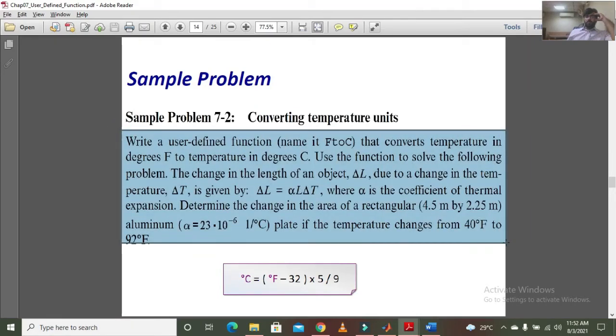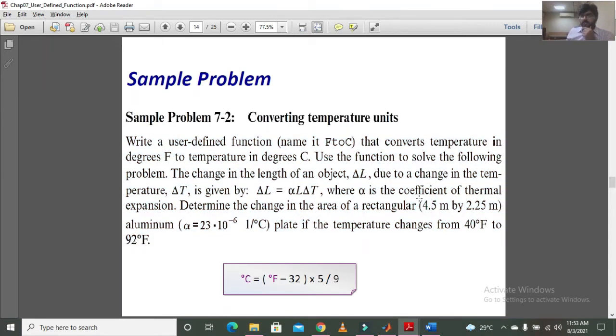In this question it is being asked that you have to determine the change in area of a rectangular aluminium plate. The dimensions of the plate are given, which are 4.5 meters by 2.25 meters, and the value of the coefficient of linear thermal expansion for aluminium is also provided.